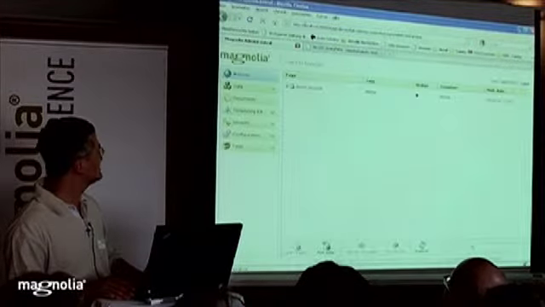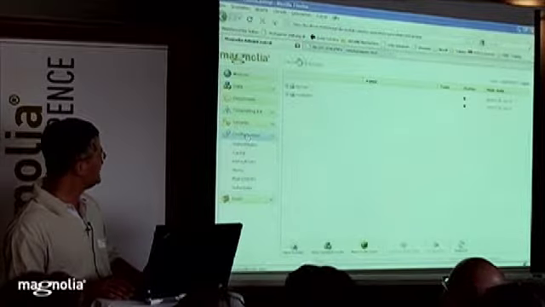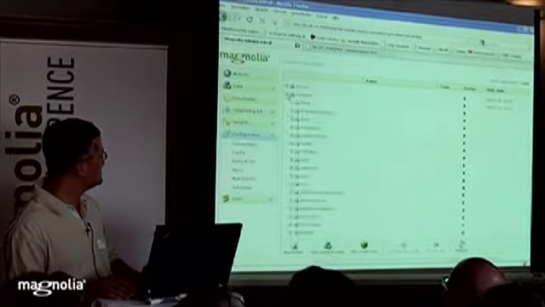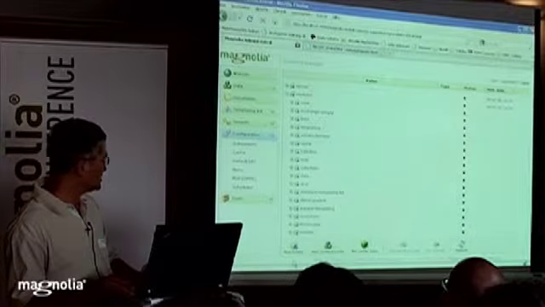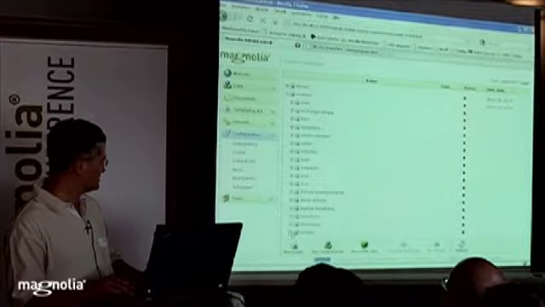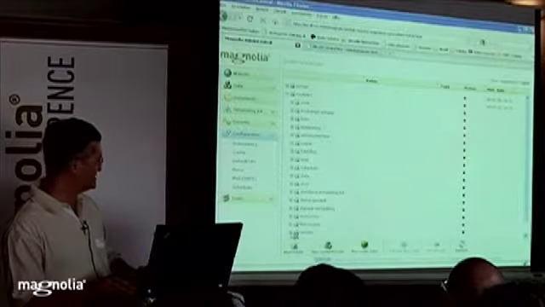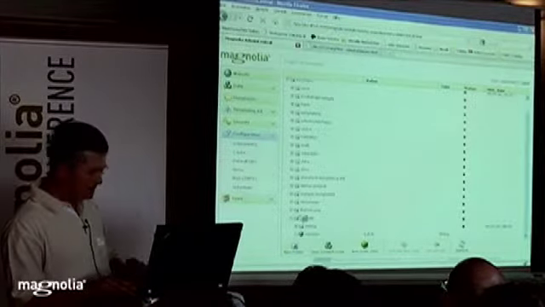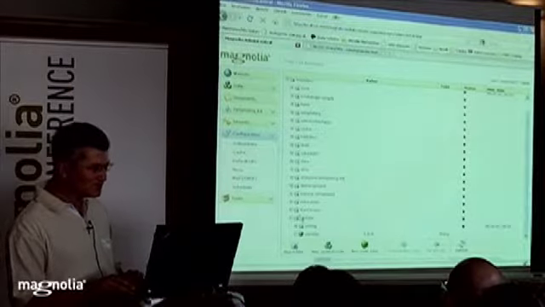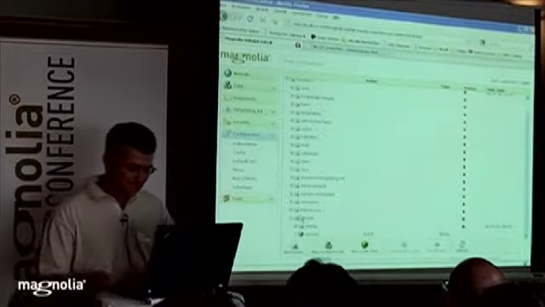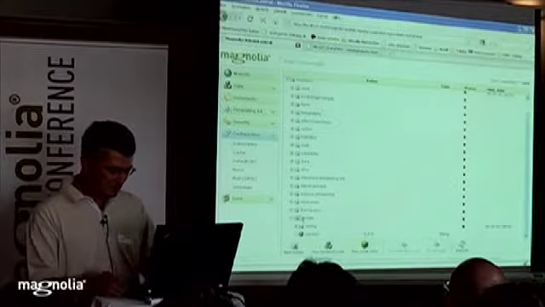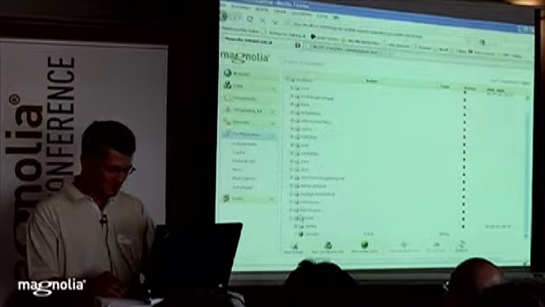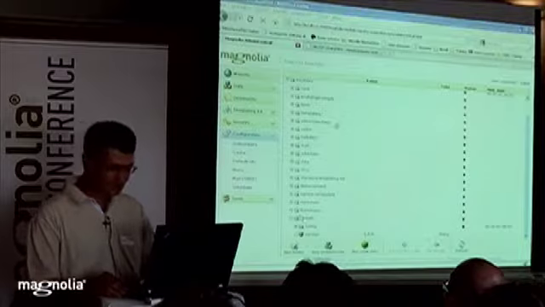No. Okay, so I have here my remote module, and in this remote module I have the configuration. Okay, nothing very special. So what I want to do, I just want to query now, and for this query I use